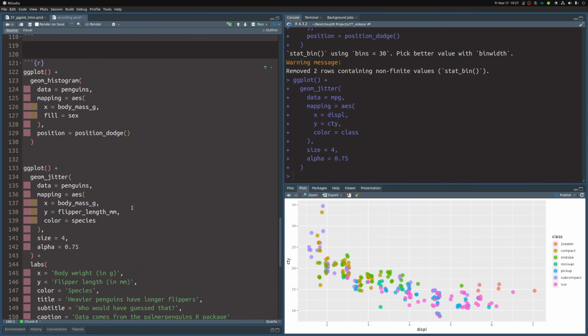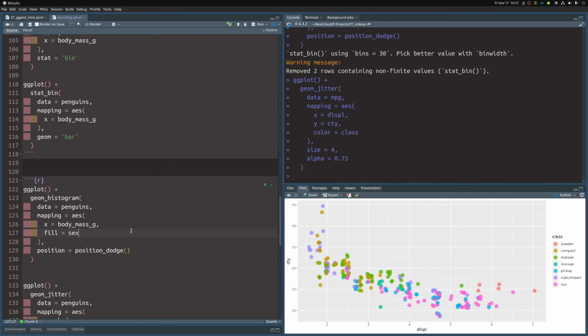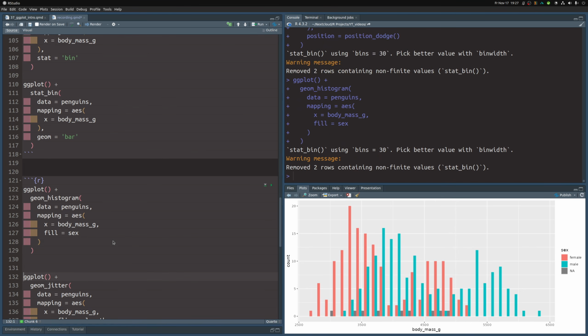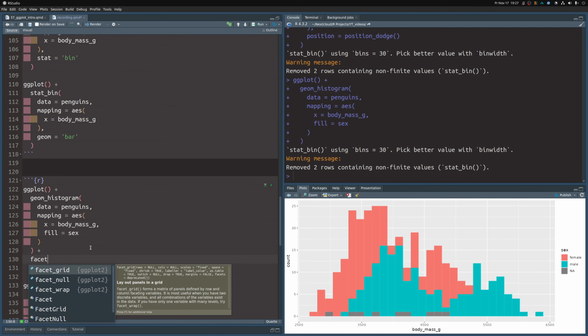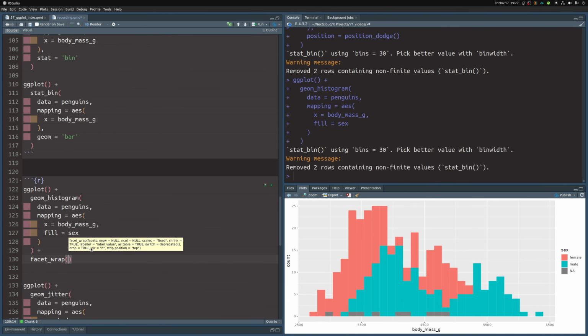Now coming back to our histogram from before, the one that has no position changes, this one here, I told you that there are two ways to fix this. One was the position change, we have covered this now. The other one is to give each sex its own window. And the way to do that is to add another layer on top of that and use one of the facet layers. Basically, a facet is a small window that is designed for parts that you use inside of the facet layer. What this means is that we could use, for example, facet wrap, and then we have to specify,